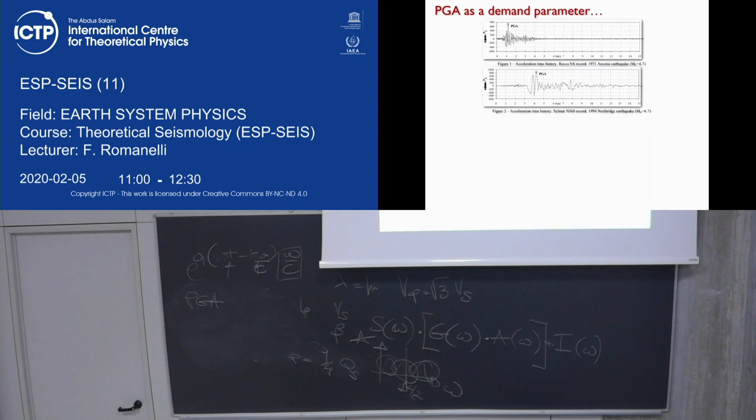Look at the wiggles here. Here it's a long period. Now, that's the 6.7 Northridge earthquake. A lot of damage had been caused by this earthquake. This is a 4.7 in Ancona, central Italy, in 71. Pretty much nothing happened. Just to tell you that a peak of the ground, especially in acceleration, can be a fake. Let me show you this.